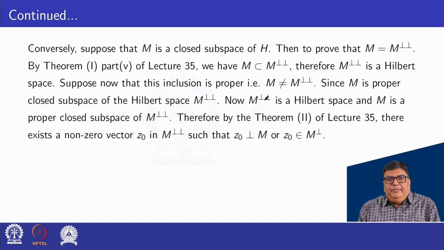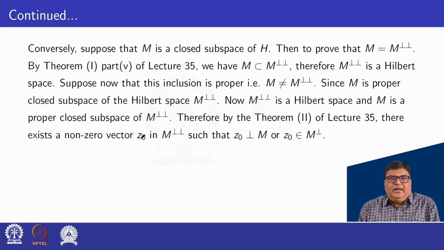Now M double perpendicular is a Hilbert space and M is a proper closed subspace of M double perpendicular. Therefore, by theorem 2 of lecture 35,